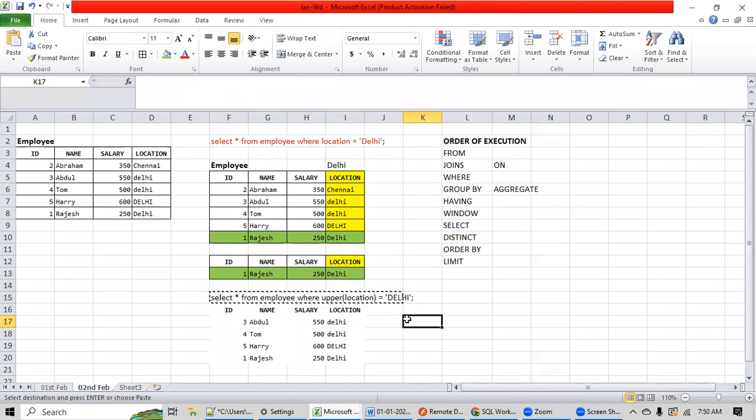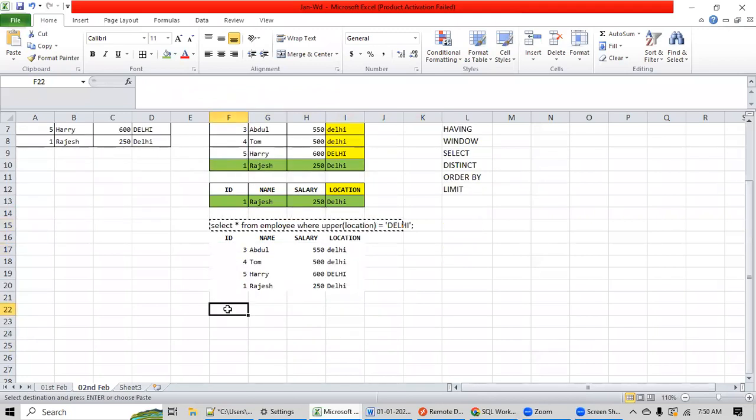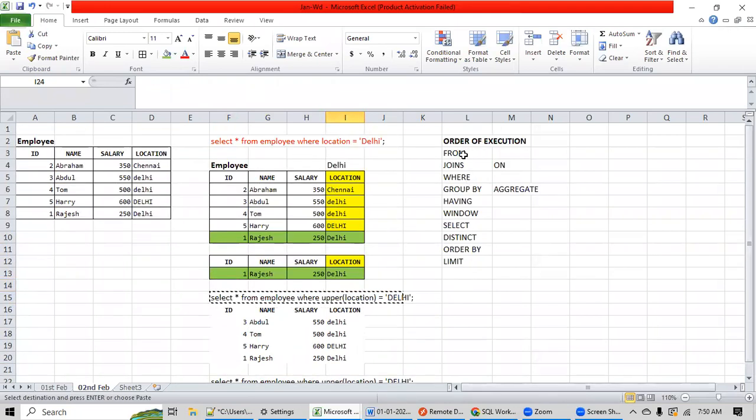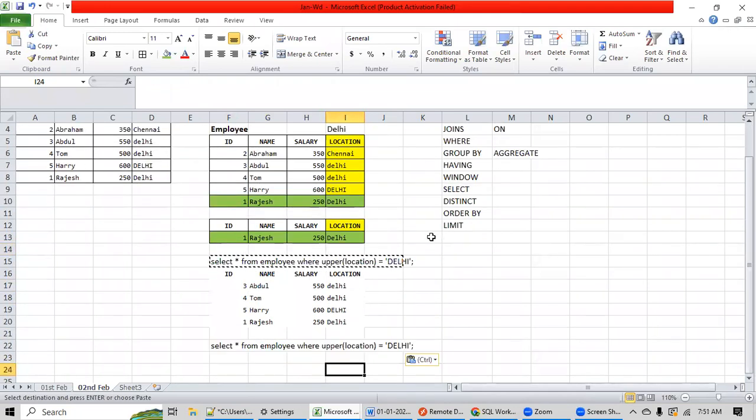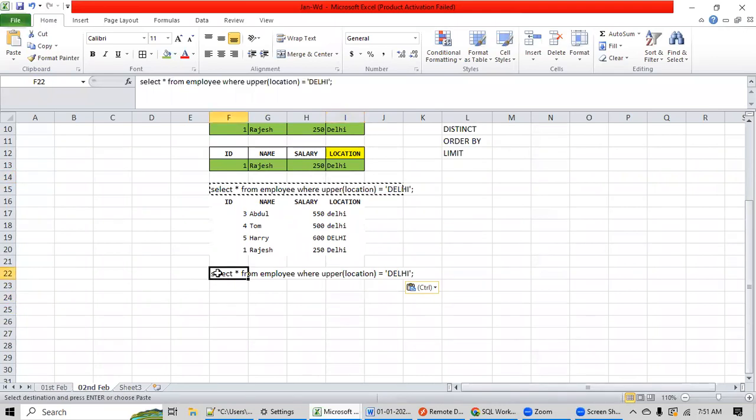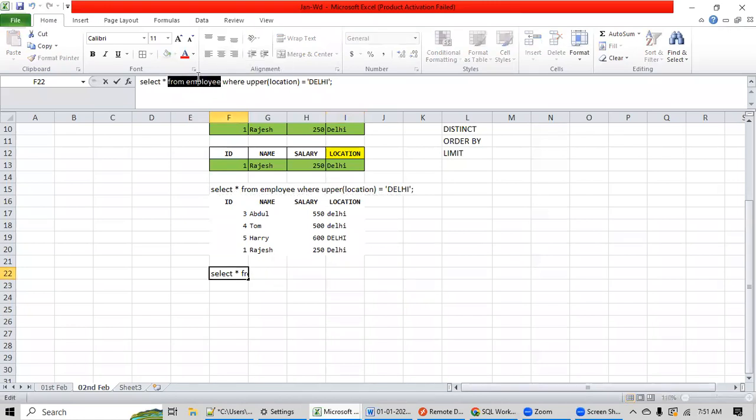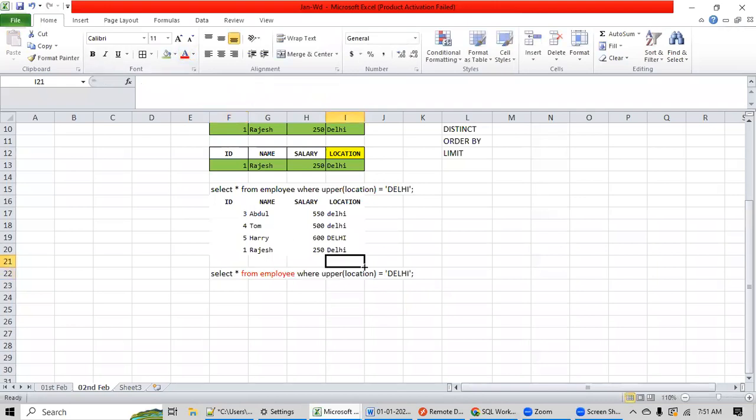Fine. So now when I have written this query and executed it, in this order of execution, which keyword will be executed first here? From. The from keyword. Always make it a habit of analyzing your query. If you're writing any query, before executing it, analyze it the same way I am analyzing.